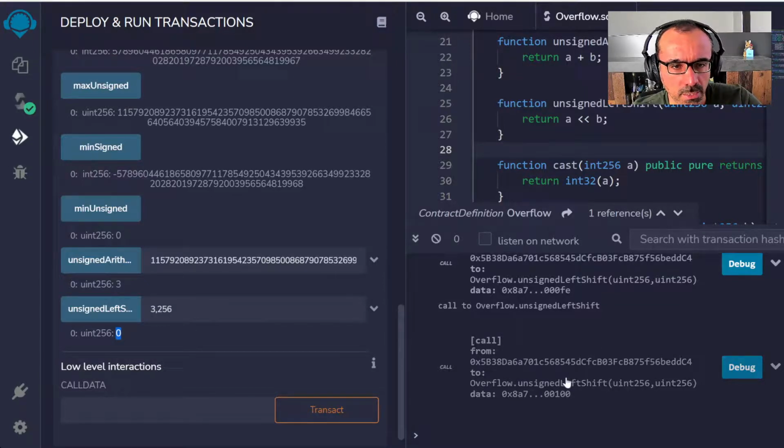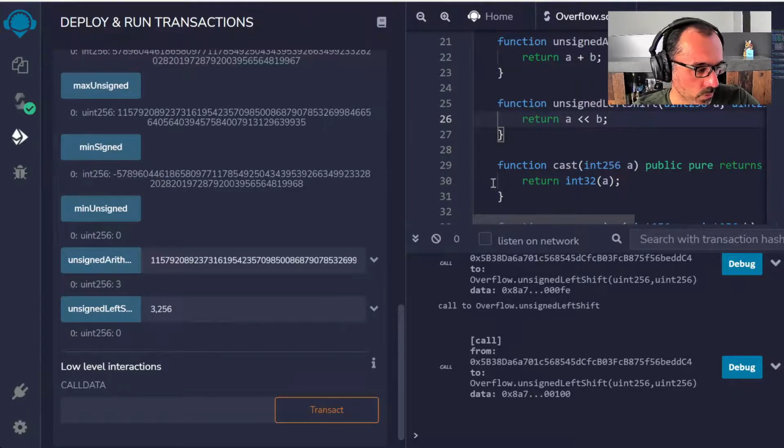The other thing that perhaps is interesting for us to know is, so yeah, this is an example that unsigned left shift is not being checked for overflow condition. The other thing that I want to check here is the additional cost of operation that is happening due to those